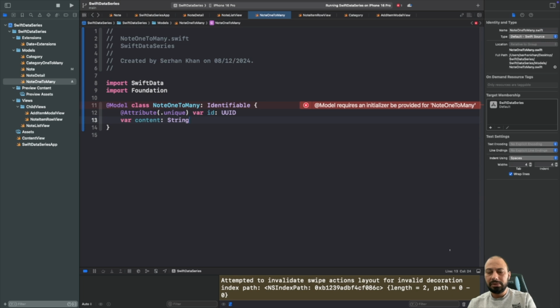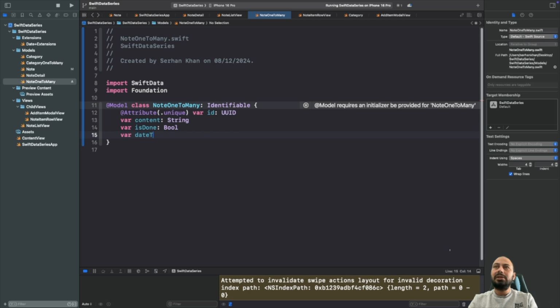And we are going to have an isDone flag, and we are going to have the date time added actually. Date time added. And yeah,